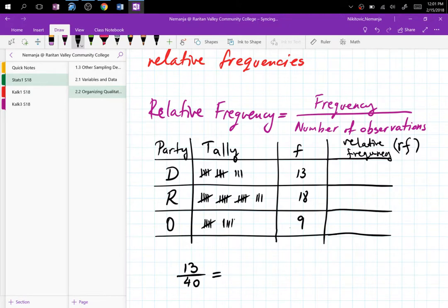So that's the first one. And then you keep 3 decimal points after the 0. So that gives you enough precision. 13 divided by 40 is going to be